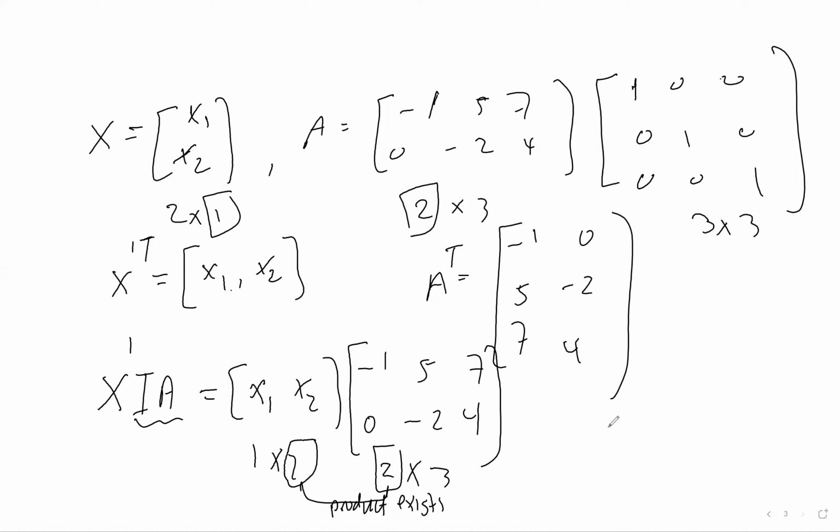And 1 and 3 is telling us that the matrix that we will get will be 1 by 3. So 1 row, 3 columns. And that's going to be the product of those two. So these two operations, don't forget, make sure that you write them in an exam. So X transpose times the identity matrix times A, the product would be,